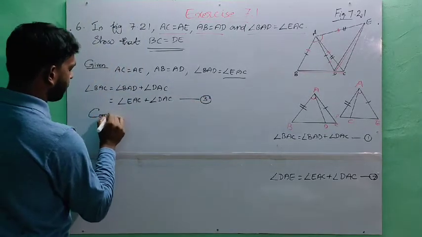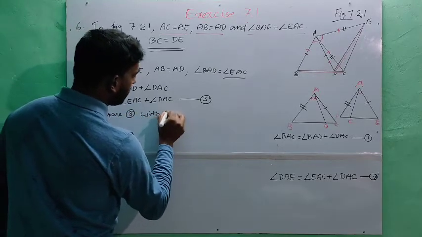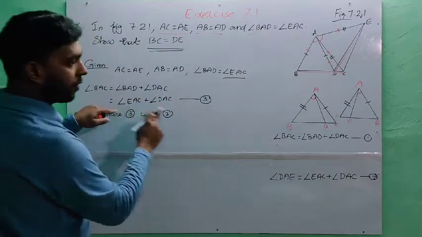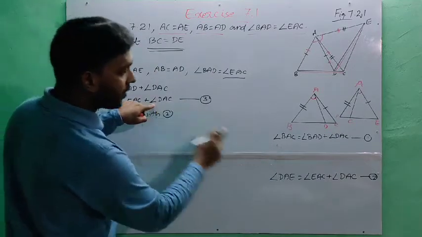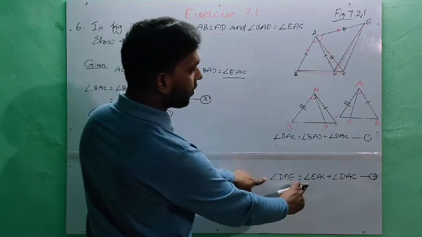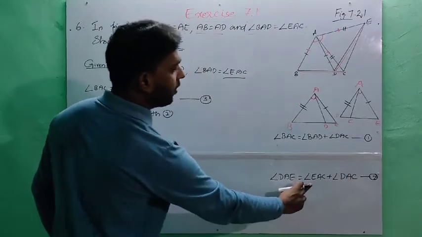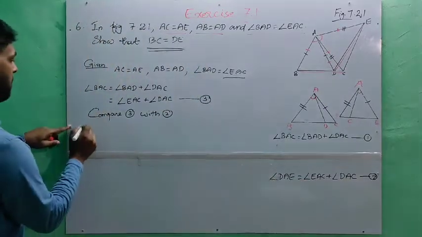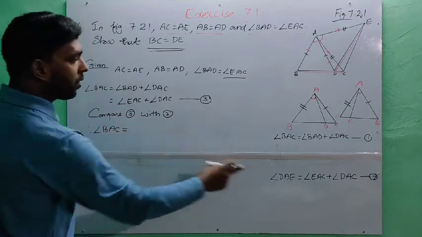Now compare 3 with 2. So we have written here. When we compare here, we see a similarity: angle EAC plus angle DAC is what? DAE. So angle DAE is the combination of angle EAC and angle DAC. So instead of angle EAC plus DAC, we can write DAE. Therefore angle BAC is equal to angle